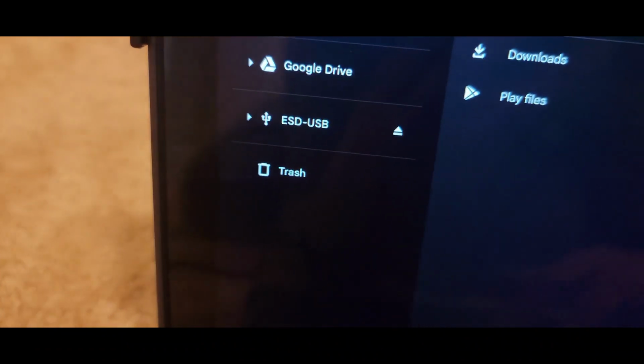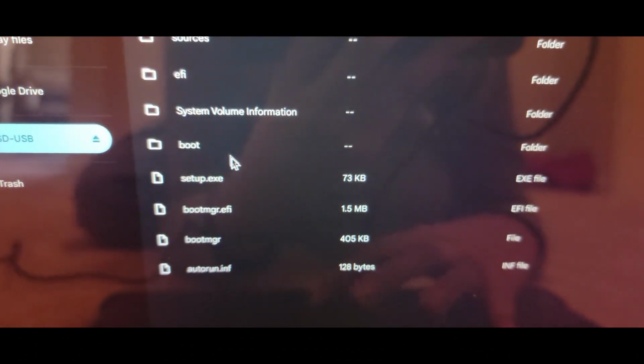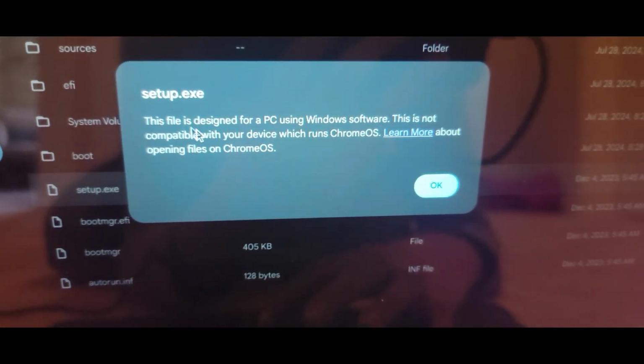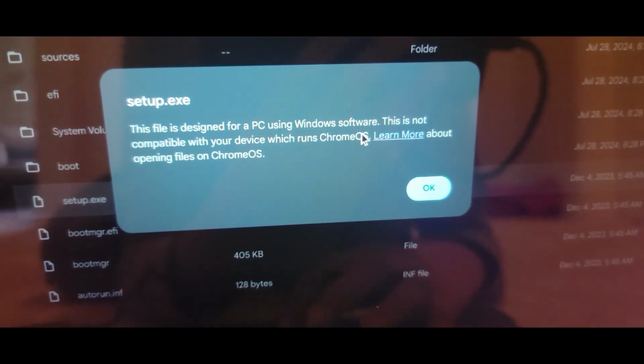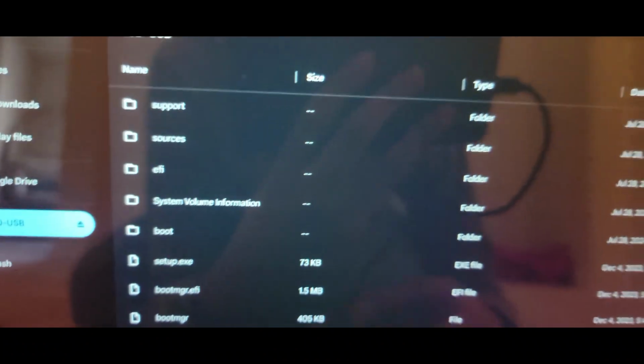So as you can see, here is the USB drive. I'm gonna go there, and here is what we got. We've got all these files. Don't know which one is supposed to run, but I can't, of course, run setup.exe, because this file is designed for a PC running Windows software. So yeah, of course, it does not work. So what we're gonna do is plug this USB flash drive into the